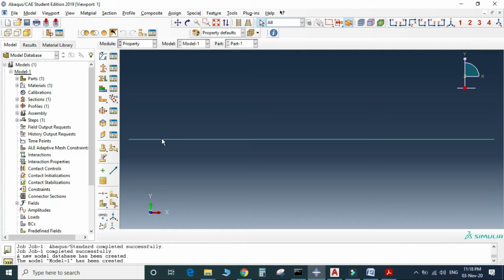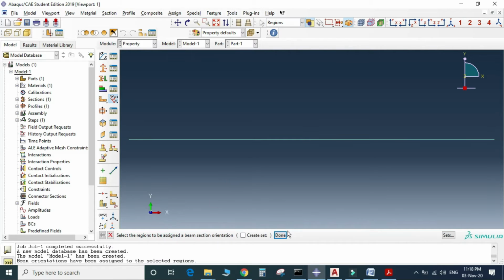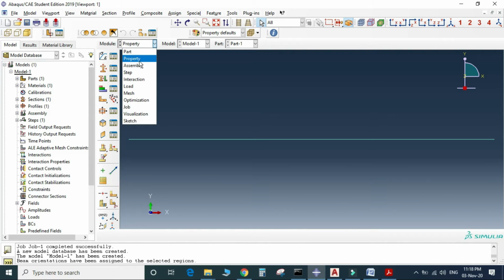Now the orientations. So assign beam orientation. Select the bar element, Control A, done, and click the enter button. Now OK, done. Next shall we move to the assembly?